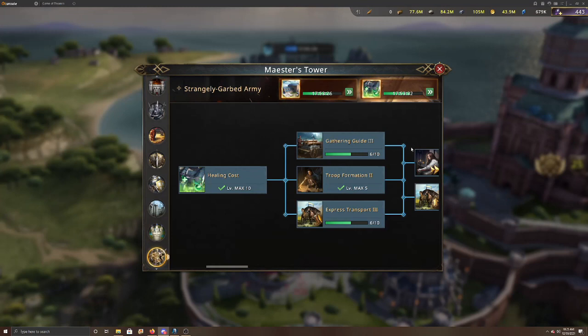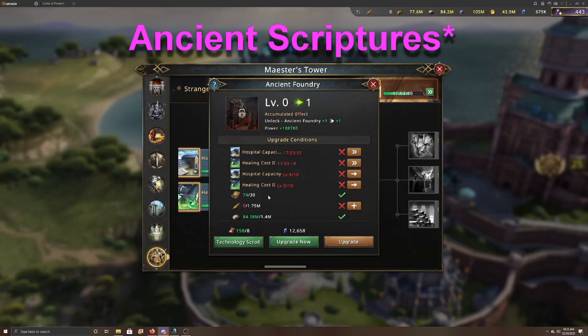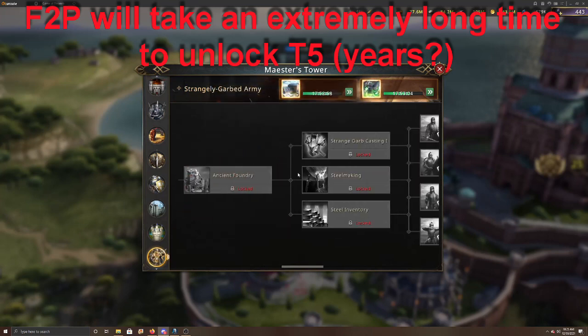So this is the tier 5. What you want to do initially, and something I'm still struggling to do, you can see here, is you want to get this ancient foundry unlocked as soon as you can. It does take a lot of these research scrolls here, or not research scrolls. I don't even actually know what they're called. They're these books. Maybe they are called research scrolls, but you know what I'm talking about. These research scrolls here, to be able to get this ancient foundry unlocked, because the Valyrian steel just takes a really long time